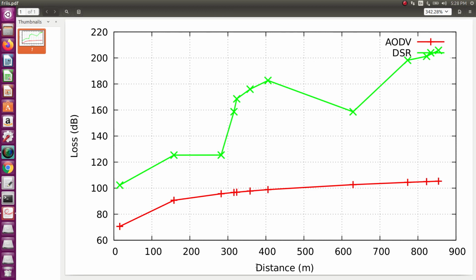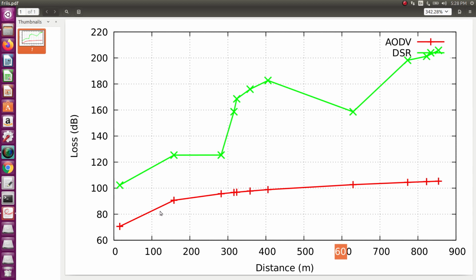On the x axis we have distance, then on the y axis we have loss in decibels, for AODV and DSR. These are lines with points. AODV we have in a red line, then DSR in a green line.